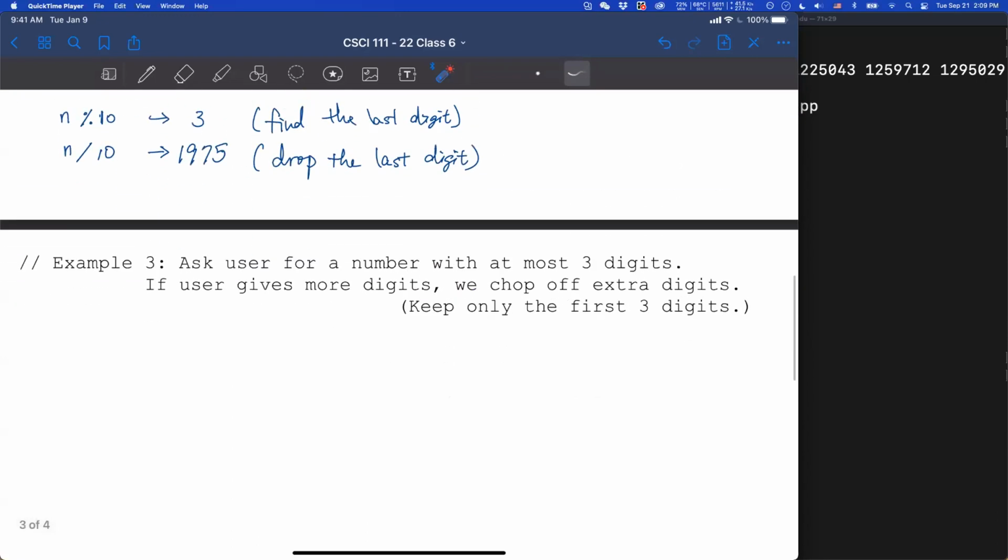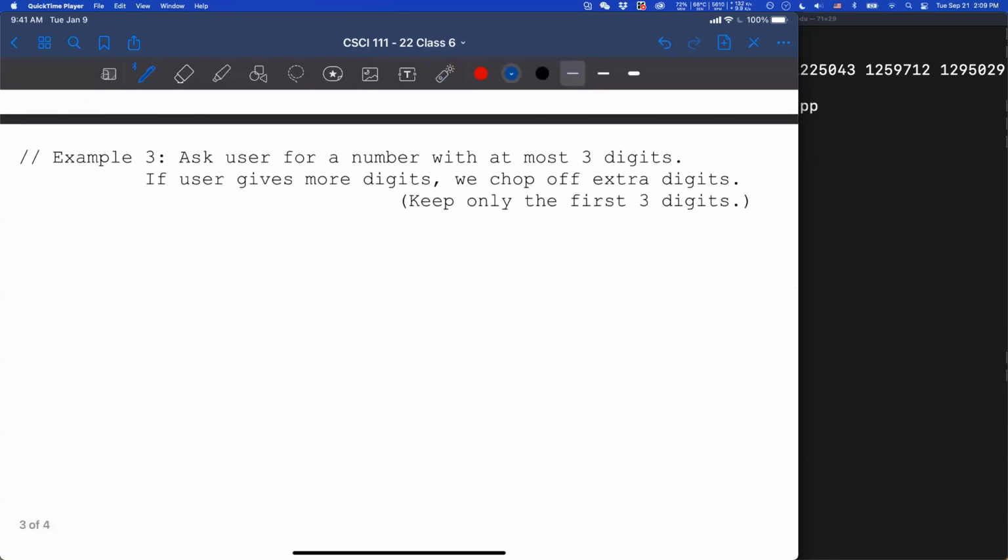If you look at our example before, we have n equals 197.53, right? So we have 5 digits here. That means we need to chop off the last 2 digits.